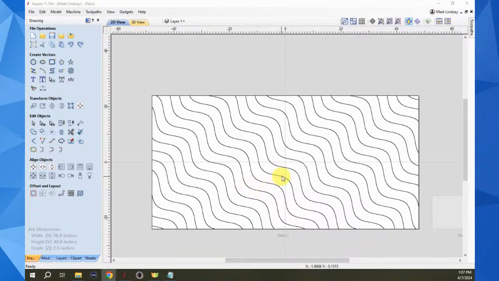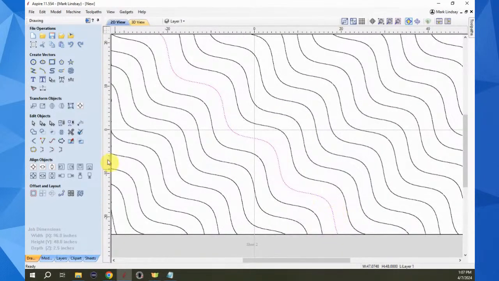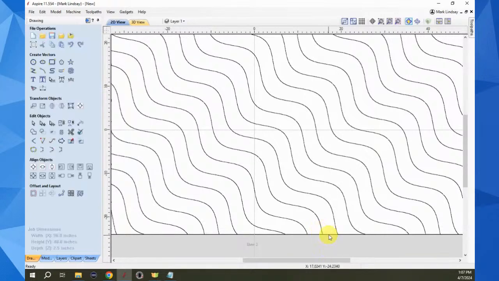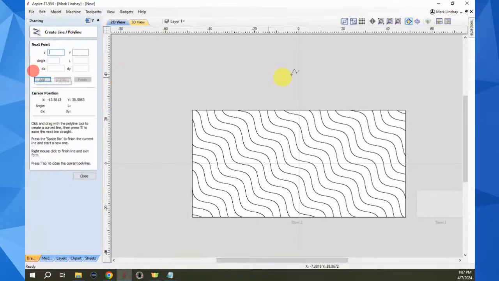So let's say, for example, I ungroup this. And I come down here on this one, and I do a chevron. I don't know, what would you call a chevron? No, I'm not going to put it on that. Let's draw a chevron. A chevron, the easiest way to do it would be